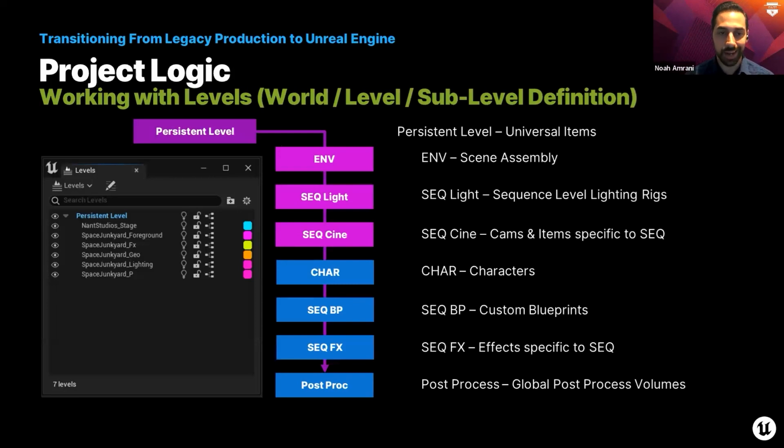So talking about that aspect of world and levels and sublevels, we do have what is always ongoing, which is a persistent level. And so I'll go over this part in the editor in a moment. We'll just go over a few of these slides first. But basically, you have your persistent level that you work within, and you can create sublevels to deal with environments or specific things like lighting or camera setups that you want to use, or characters, anything that's like a custom blueprint,